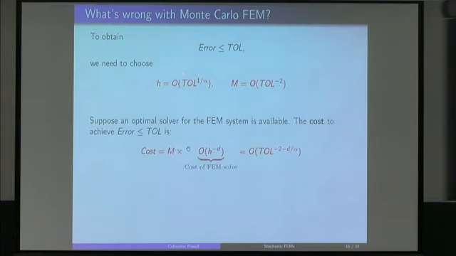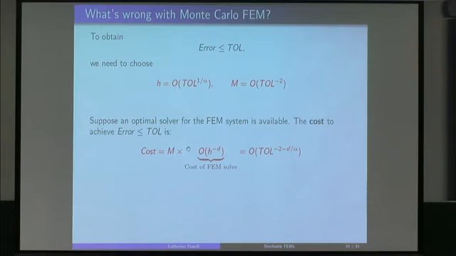Okay? But then we think about cost. How fast do you want the wrong answer? We care about cost. When you apply a Monte Carlo method or any sampling method, you do a certain number of samples, that's m. That's how many times you run it. And then you have to solve a finite element problem. So when you are using a finite element method to solve a PDE, the finer your mesh, the more accurate it is, the more work you have to do. So how much does it cost in general to run a finite element code? Well, it will scale like h, where h is the size of your mesh, to minus some power, which will depend on things like the spatial dimensions.